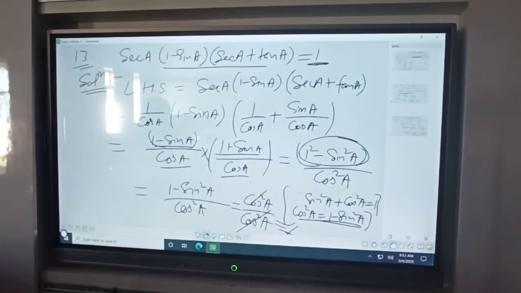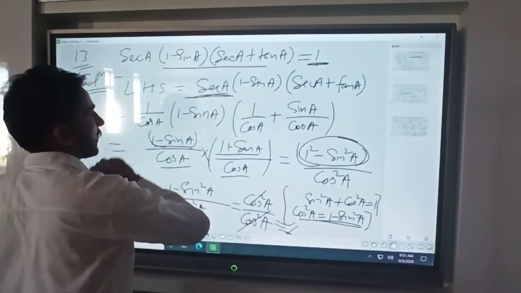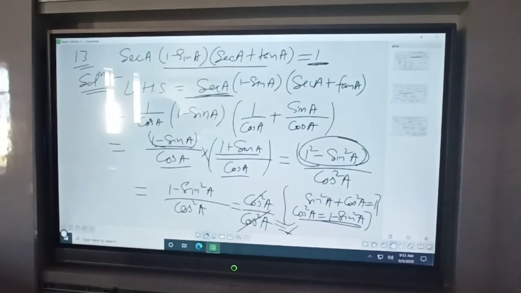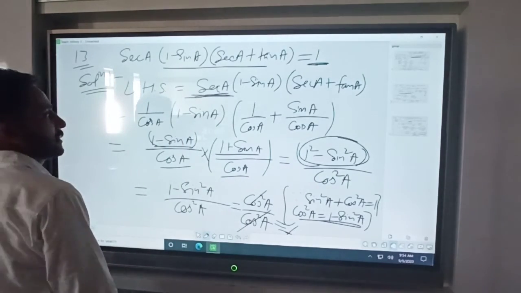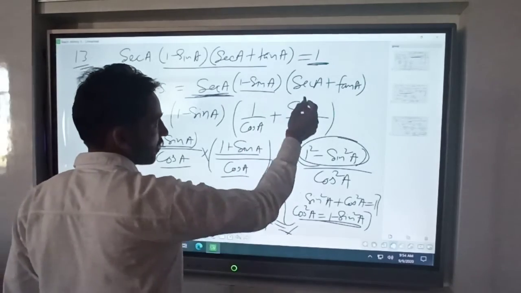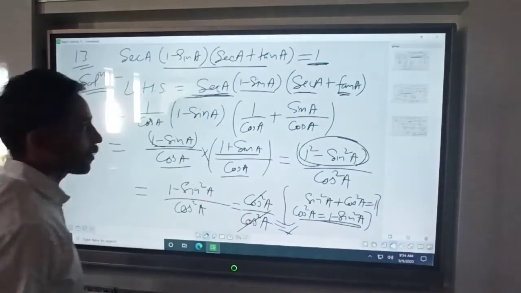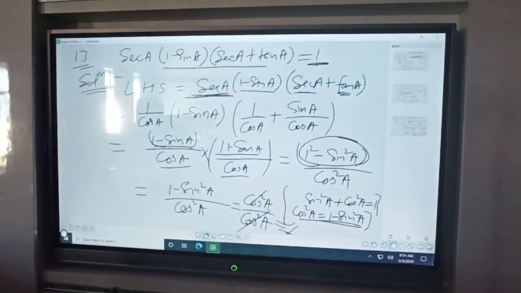Clear? What we have to do? We have to only change the trigonometric ratios all in sin और cos form. sin and cos की फॉर्म में हमने चेंज किया. secant था उसको हमने sin और cos की फॉर्म में चेंज कर लिया. जो sin था sin को एज इट रख लिया. secant एंड tan दोनों को sin and cos की फॉर्म में चेंज करने के बाद हमने ओनली सिंप्लीफिकेशन किया, नथिंग एल्स. क्लियर?